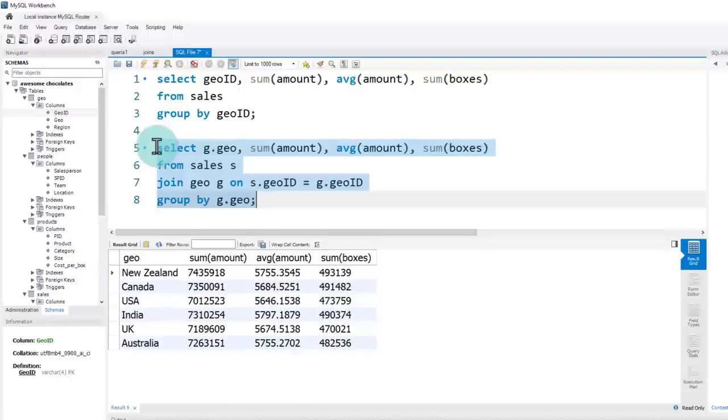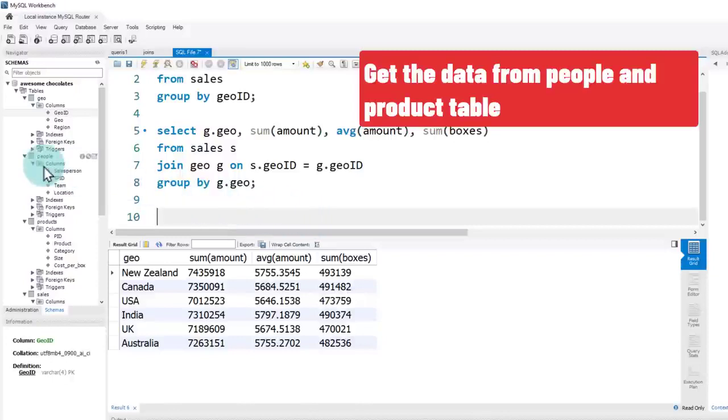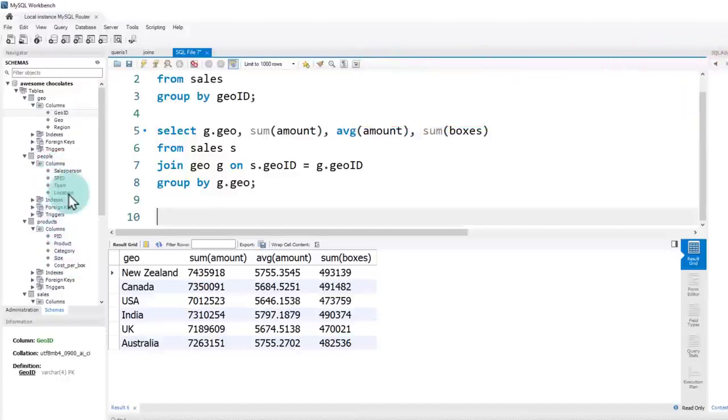You can group at a single level, or you can create multiple level grouping, just as you can put multiple items into the row label area of a pivot table. You can do the same with this as well. So we're going to try one more grouping here. For our second grouping, we are going to look at the people table and then get the data from the team as well as the product table and category. So we want to see what is the total amount that is coming in from a team and a category, and then understand that. So select